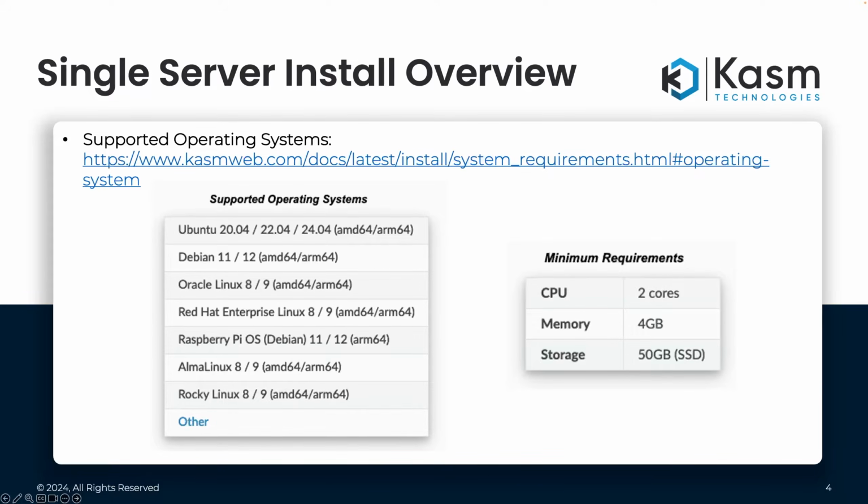Over on the right highlights our minimum requirements. A default Chasm Workspace is typically configured to require approximately 3 gigs of memory and 2 CPU cores. Sessions will not be provisioned if these minimum resources are not available. So in this case, while you could get it to run on these minimum requirements, you should only expect to be able to launch one non-persistent session.